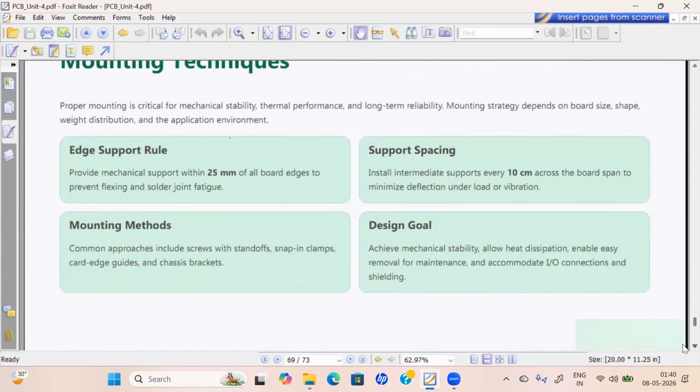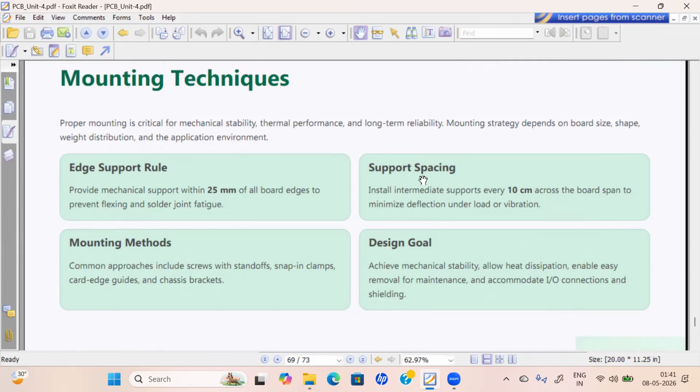So there are different types of mounting techniques: edge support rule, support spacing, mounting method, and design goals. Edge support rule is nothing but providing mechanical support within 25 mm of all board edges. Support spacing means installing intermediate supports every 10 centimeters across the board span. Mounting methods are common approaches including screws with stand-offs, snaps, clamps, card edge guides, and there are different types of